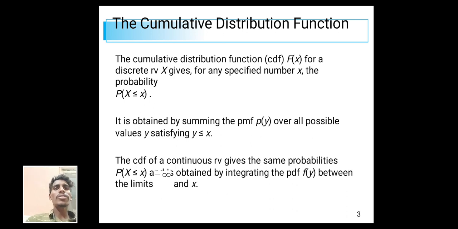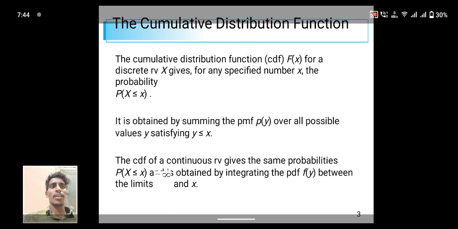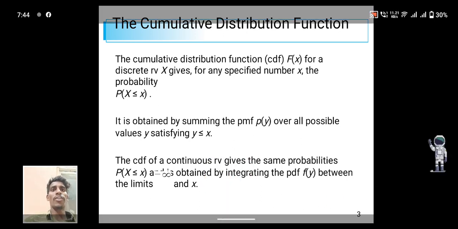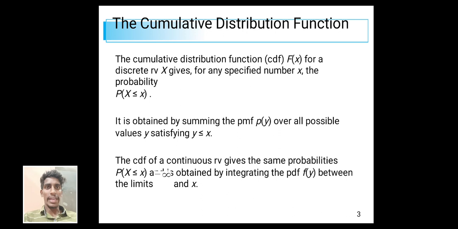The cumulative distribution function, CDF, F(x) for a discrete random variable X gives, for any specified number x, the probability P(X ≤ x). It is obtained by summing the PMF p(y) over all possible values y satisfying y ≤ x. The CDF of a continuous random variable